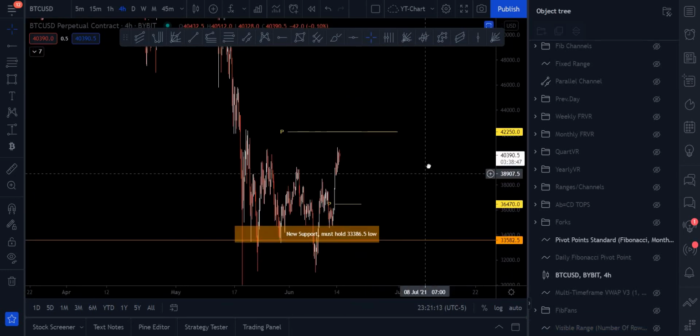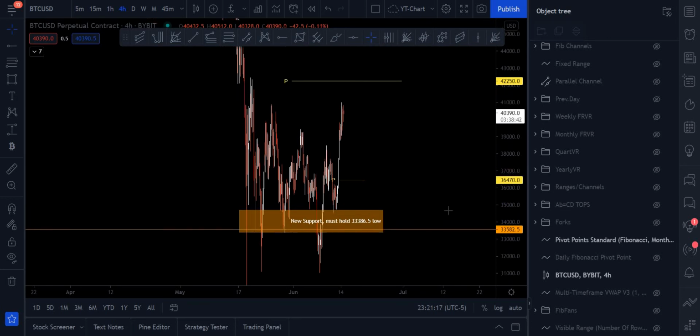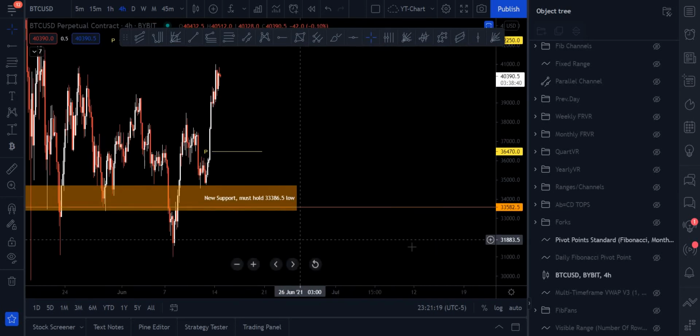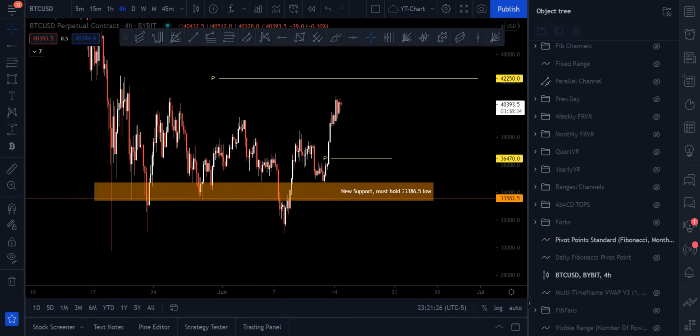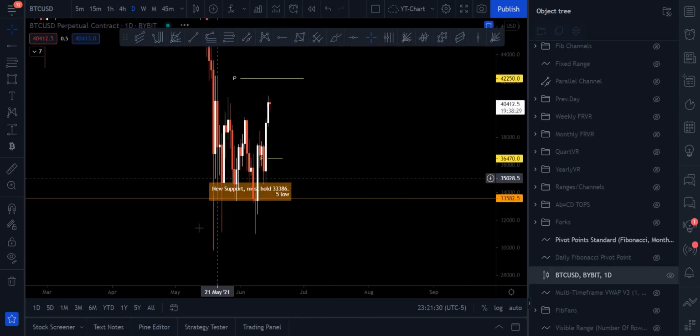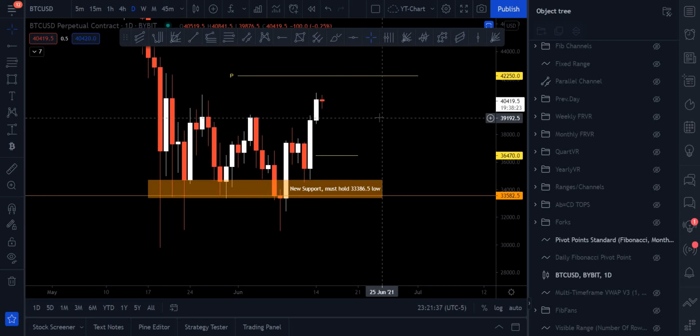Remember we said we had to hold 33,386. We've got 33,582.50 as the global value area low. So from a structure standpoint, a volume standpoint, on multiple time frames, however you want to look at it, this box is super key. You go out to a daily and zoom out even more, you can see that as long as we're above this, things are constructive. Now, the moment we get acceptance back into the range, which for me is going to be,